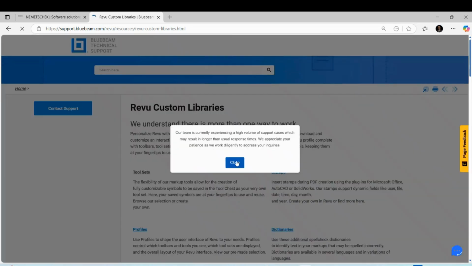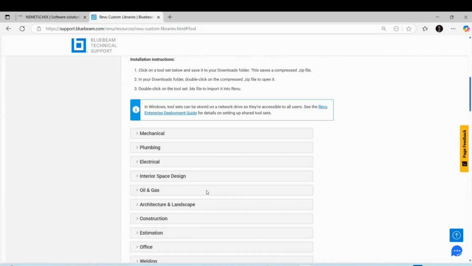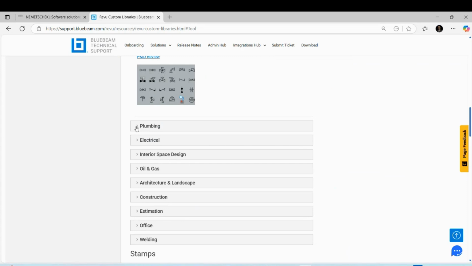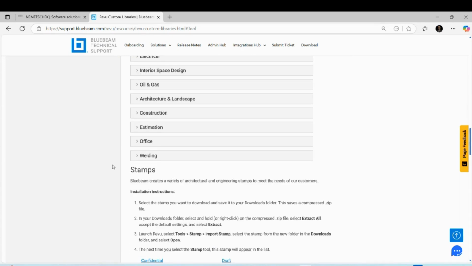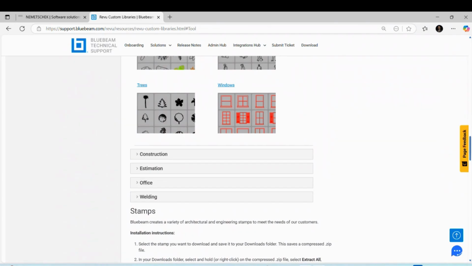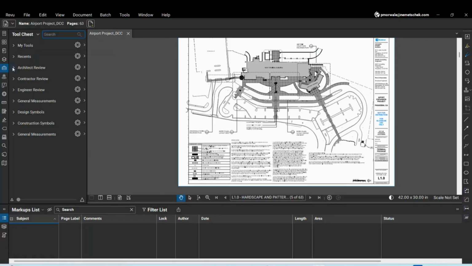And then under the tool set, you have all these discipline specific tools which you can get as a library. So there is this architecture and landscape also. So what you can do in such cases is, if you would like to have those symbols over here, you have to